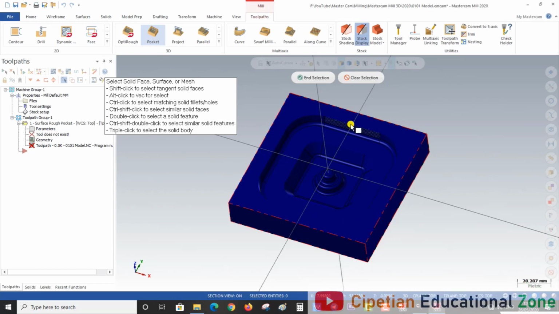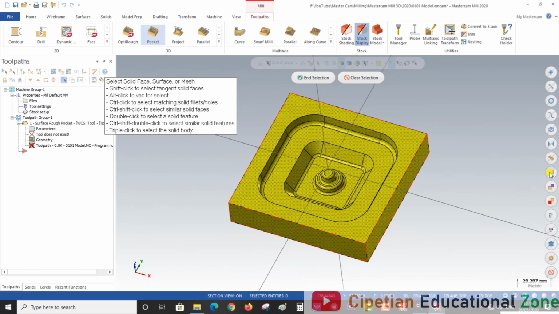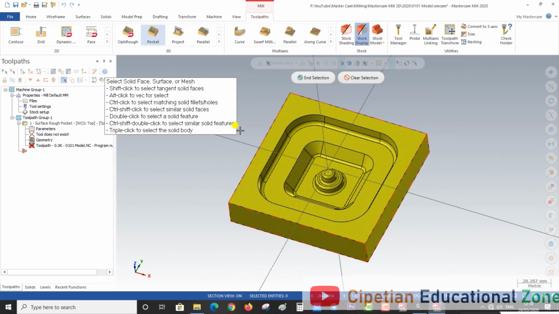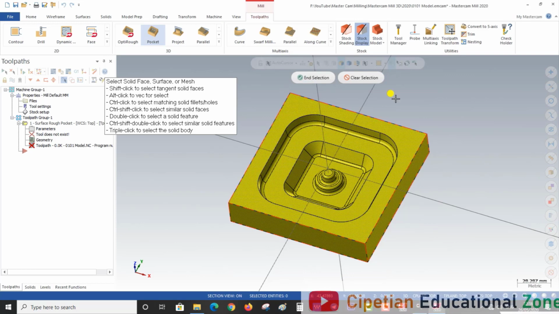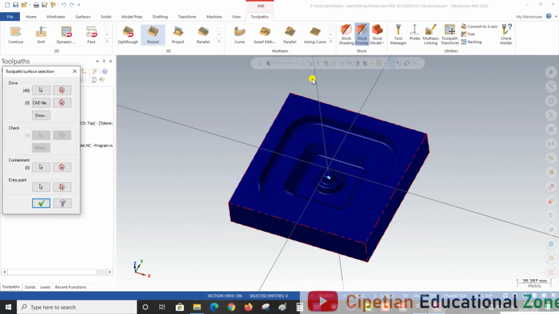For selecting the whole component, we go to the quick selection bar and select solid. At that time the whole solid will be automatically selected with one click. Now we press end selection. After that we have to select the containment.